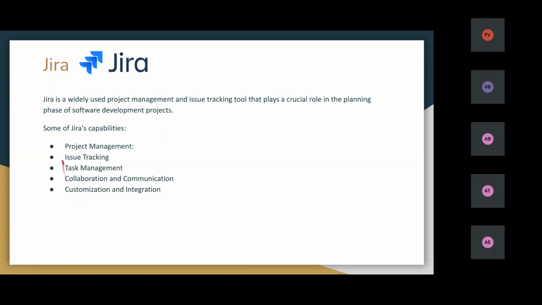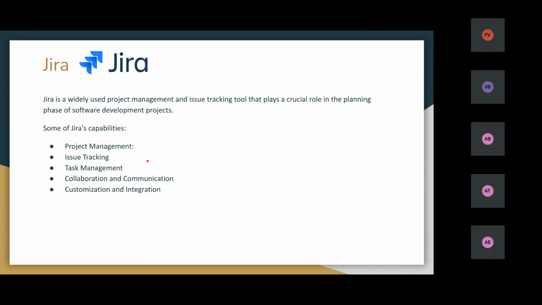Some of Jira's capabilities are project management and issue tracking. If a new issue comes, we can directly raise a ticket here, and we can track that issue, like what is the status of the issue, to which developer it is assigned. Then task management.